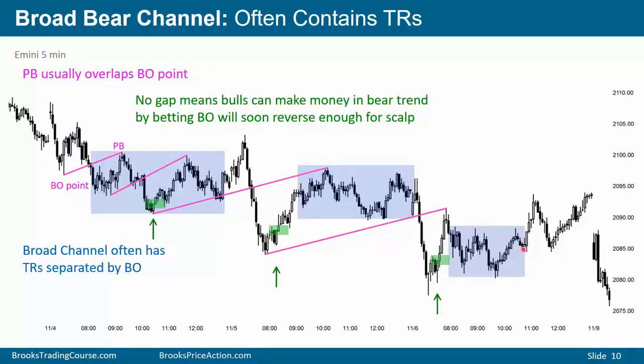However, if the market's in a broad bear channel and you look at a higher time frame chart, these trading ranges are bear flags in a bear trend. And therefore, if you only look at the 5-minute chart, chances are the trading range is going to get a bear breakout, even though you think it might be breakout mode and have the same probability for a bull breakout. It does not. If you look back at enough bars, you'll see that the trading range is within a broad bear channel. And that means the probability of a bear breakout is greater than the probability of a successful bull breakout.